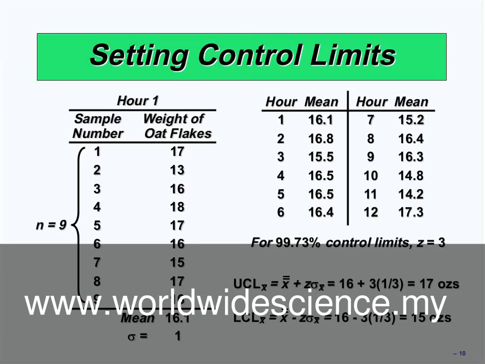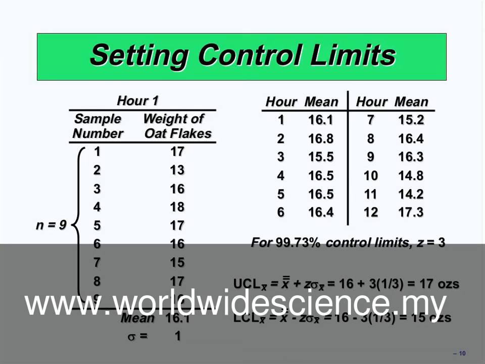Okay, we can calculate the UCL, the upper limitation, and we can calculate the LCL. X bar plus sigma x gives 17 ohms and 15 ohms. This is the limitation. The 15 and 17 are the border, the limitation for all of the data, which should be located between 15 and 17. 17 is the maximum weight of this, 17 ohms, and the minimum is 15 ohms.